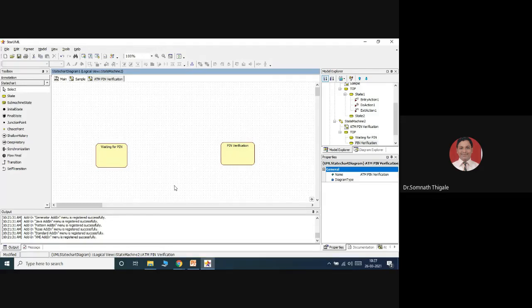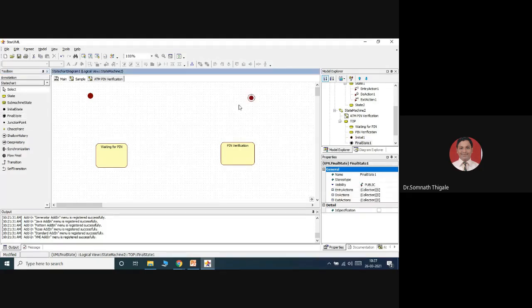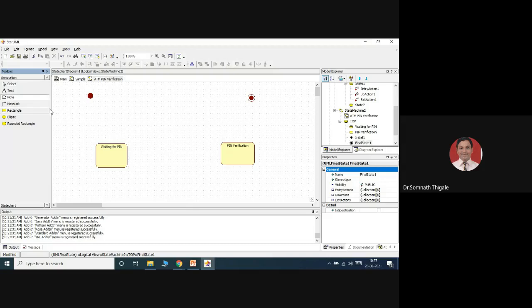This is the simple static part, but when we start an action or some kind of operation, it will start with the usual initial state. So this is my start, this is my final state. Understand the different notations. This is start. Just for understanding, I will add one more part here as a note. The dog-eared rectangle is a notation used to represent notes in UML. This is the start state. This is the end state.